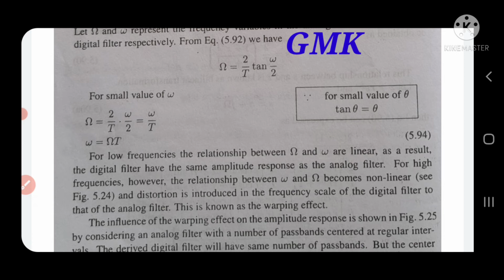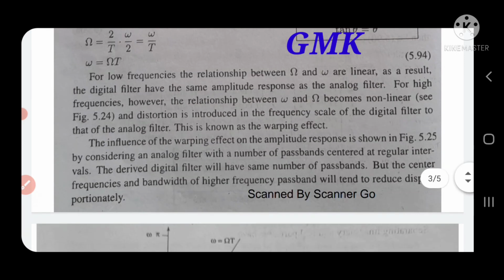That problem is generally called the warping effect. The influence of the warping effect on the amplitude response is shown in Figure 5.25, by considering an analog filter with a number of pass bands centered at rectangular integer values. The derived digital filter will have the same number of pass bands, but the center frequencies and bandwidth of the higher frequency pass bands will tend to reduce